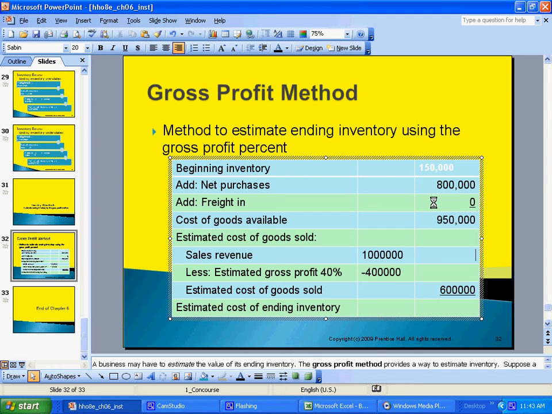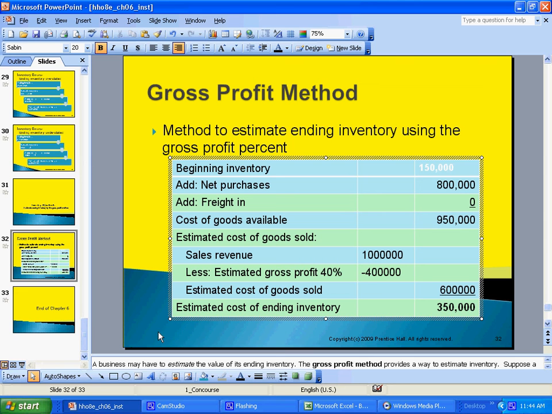Okay, so if we subtract our ending inventory, then we should have our cost of goods sold. Since we do not know what our ending inventory was, we do know that our cost of goods sold was $600,000. So our ending inventory